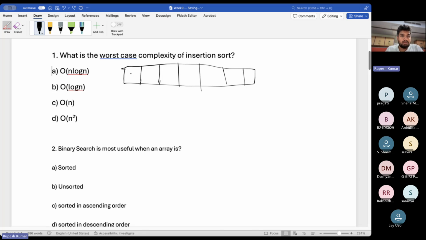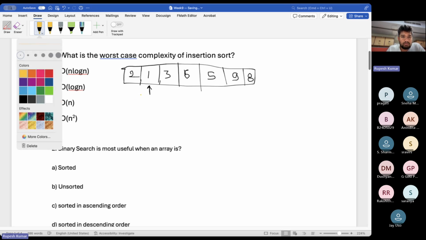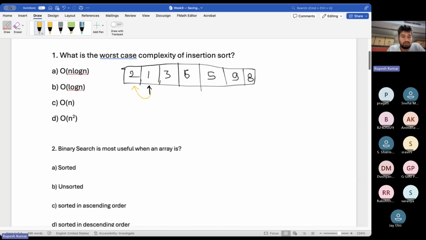For example, let's say we had some set of values like this. The cards look like this. What would you do? You would start from the second element, and you will put it in the place at which it should have been if the cards were in a sorted order. So this will go from here to here. So you will swap these. So your new array becomes